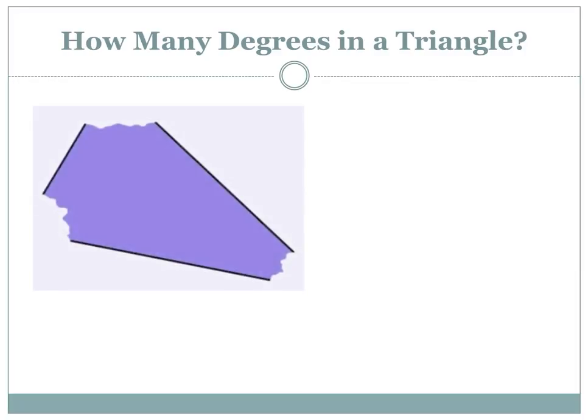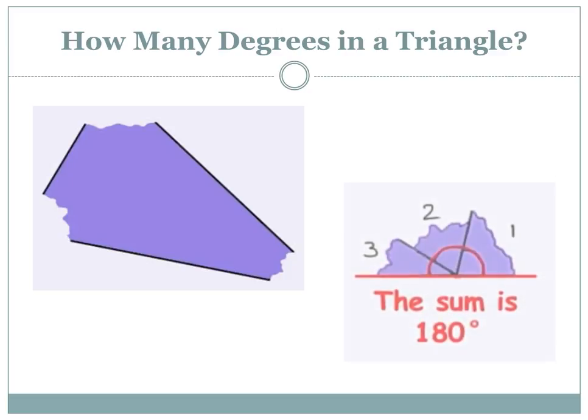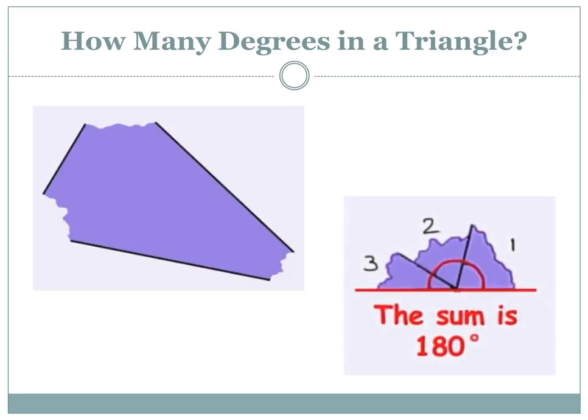Let's investigate how many degrees are in a triangle. Try drawing any type of triangle and then carefully tear off each corner like the example shown here. Mark a point on a piece of paper and arrange the pieces so the corners all touch the point and their sides are touching. Through this process, you will discover that no matter the shape of the original triangle, the